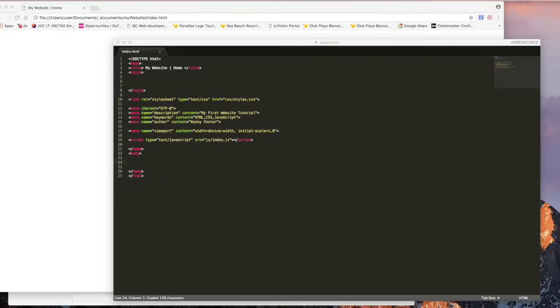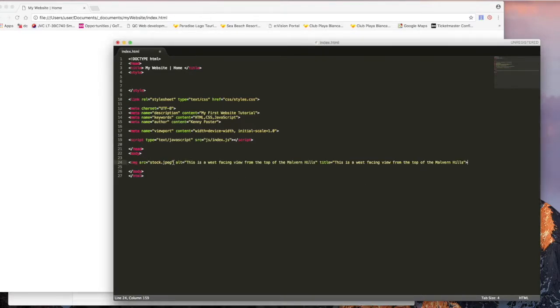Okay, so now we're going to move on to alternative text. Alternative text, or alt text, is used to associate text with an image. The text describes what the image is and is put in place for circumstances where the image cannot be displayed to the user. For example, if they're using a screen reader. An example of this would be